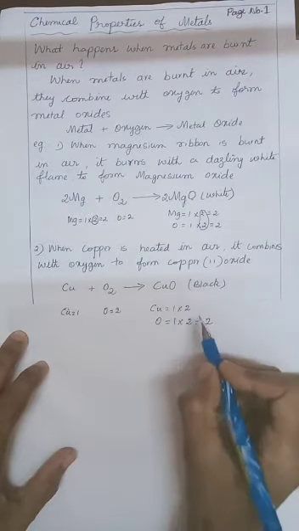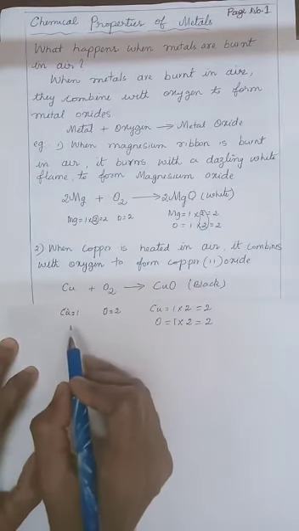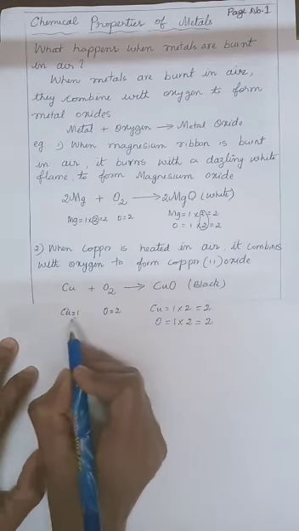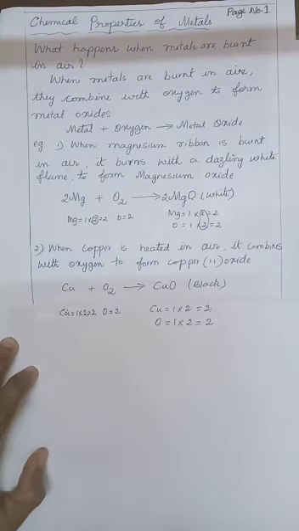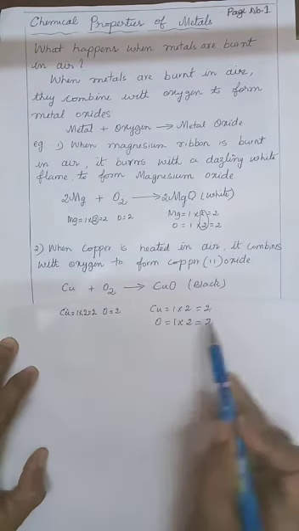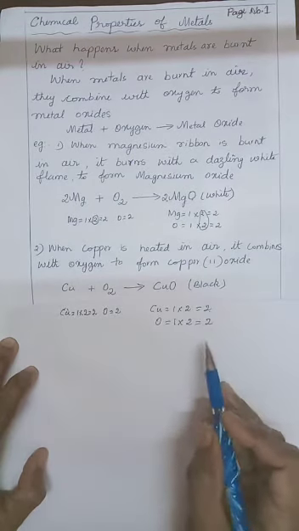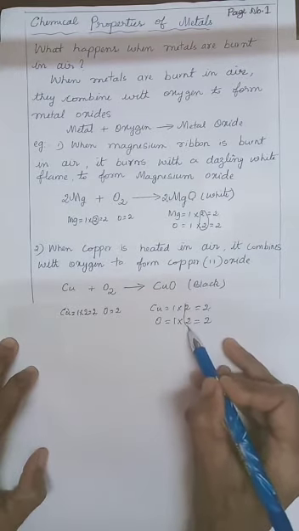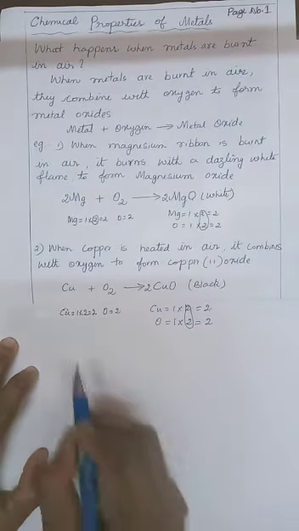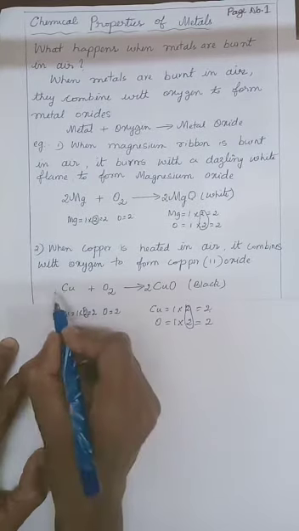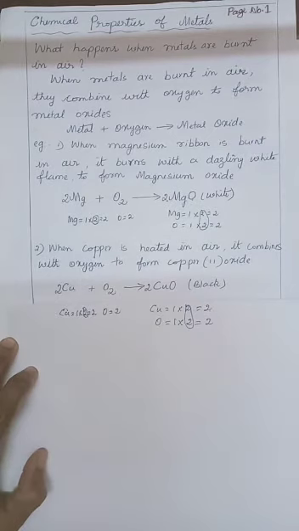Copper oxide is a single product. It is equal to 2. Now, see in the case of reactants. Copper, there are 2 atoms. Here there is only 1 atom. Multiply this copper atom by 2. It is 2. Now, once again you check. Copper 2 atoms. Here 2 atoms. Oxygen, there are 2 atoms. Here 2 atoms. So, you write this number here. Write 2 CuO. Now it is a balanced equation.